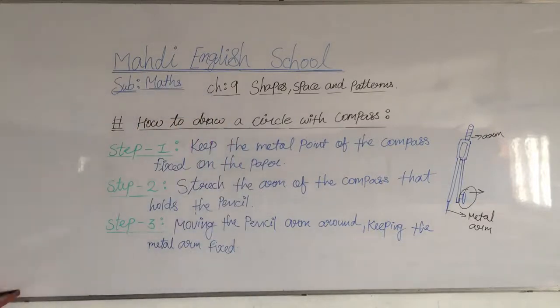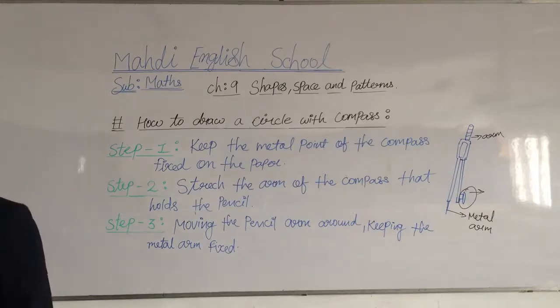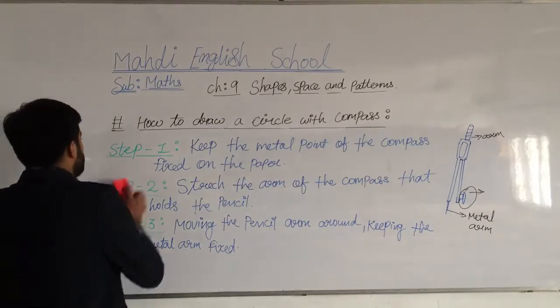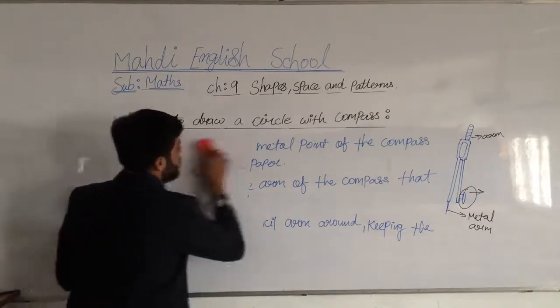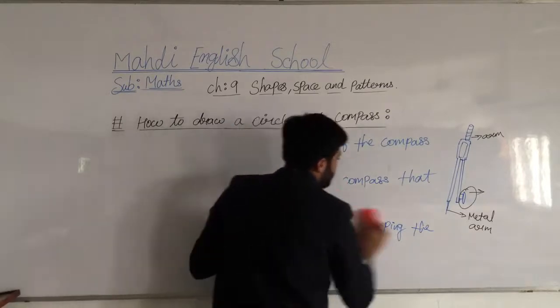Then, my dear students, we will move on further. Our next topic is what? The next topic is that the distance between the two arms forms the radius of the circle. Okay, it means drawing a geometrical shape. It means we have to use the scale and the circle. We have to use the compass rounder to make some different designs and different patterns.